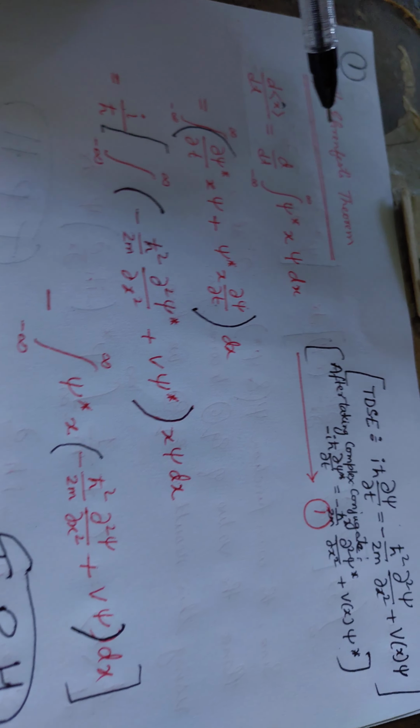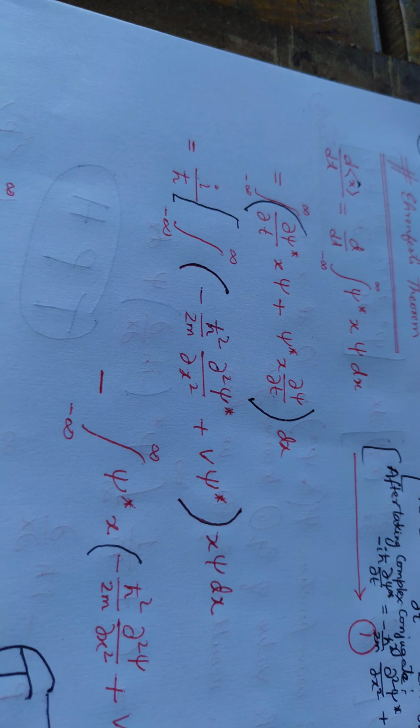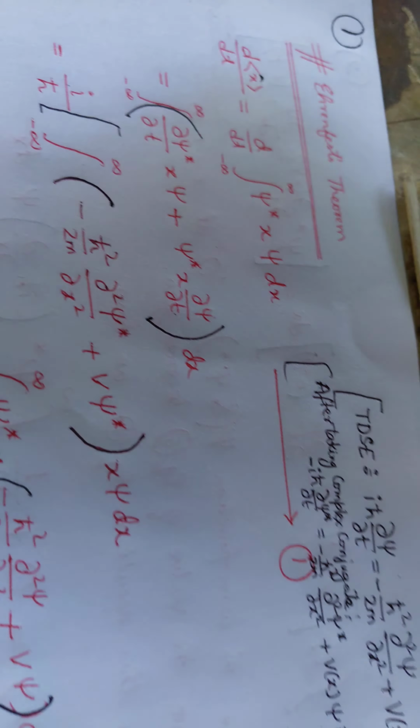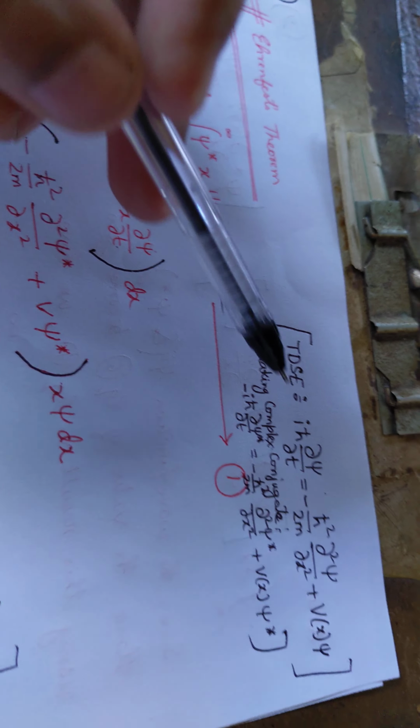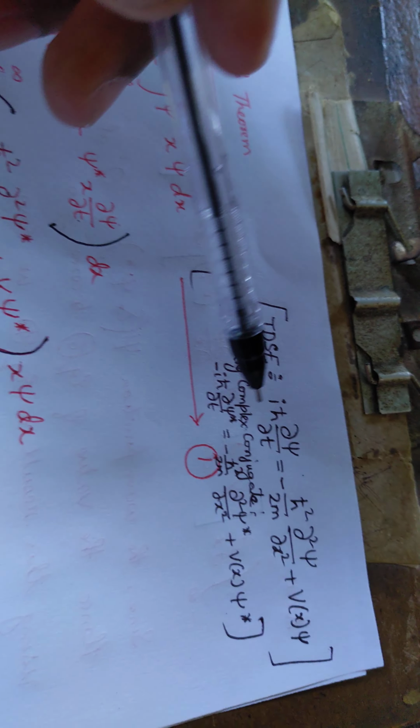So here you see the proof of Ehrenfest theorem that I am going to explain right now. To prove the Ehrenfest theorem, the first ingredient you require is the time dependent Schrodinger equation. As it is known to you, the time dependent Schrodinger equation is given by i h cut